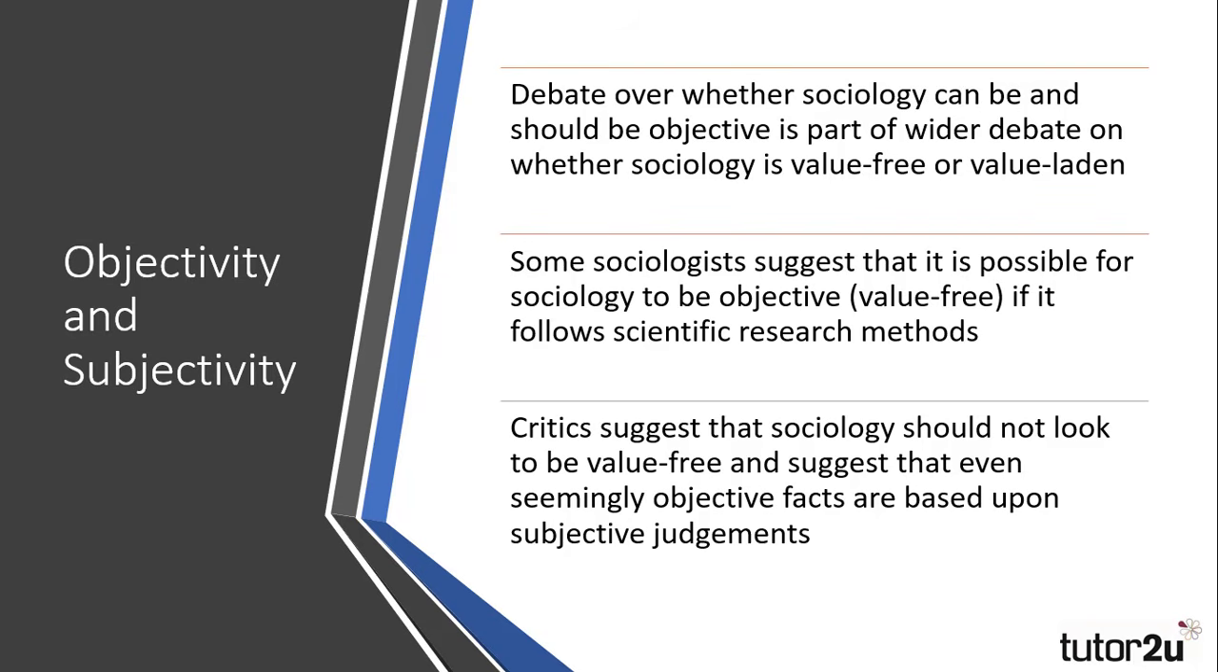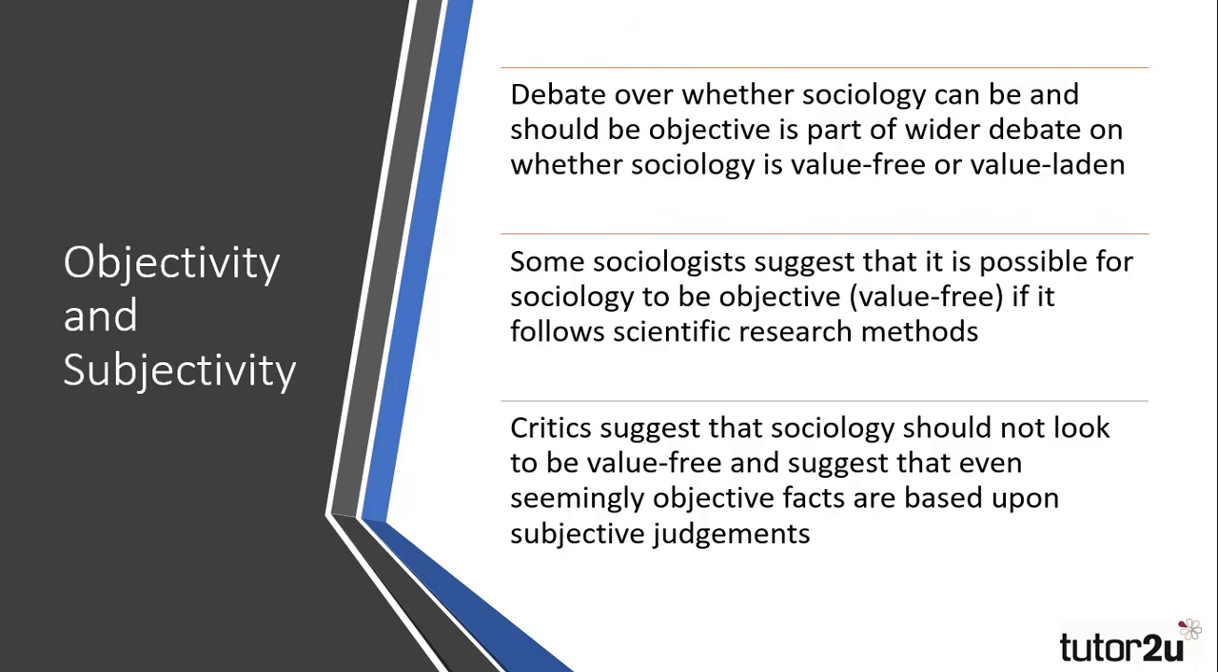Some sociologists believe that it is possible to objectively examine society and have a value-free approach if sociologists use scientific, quantitative research methods. Critics of this approach would suggest that sociology cannot be value-free and shouldn't try to be. They suggest that even seemingly objective facts are based upon subjective judgments, and in this video we're going to look at both sides of this debate, drawing on positivist and interpretivist approaches and examining the ideas of Gouldner and Weber